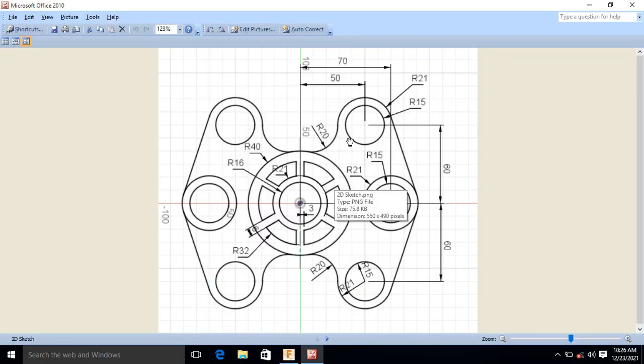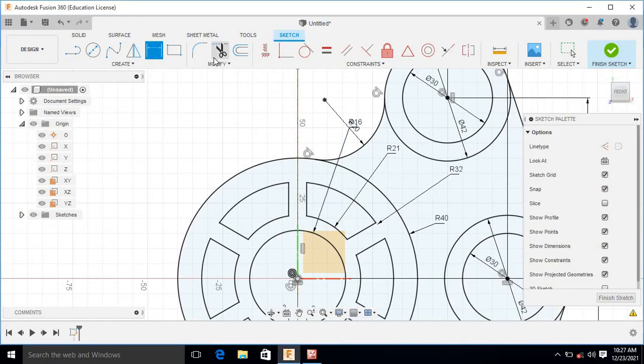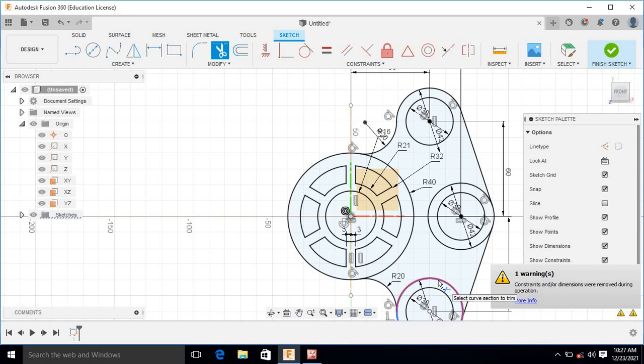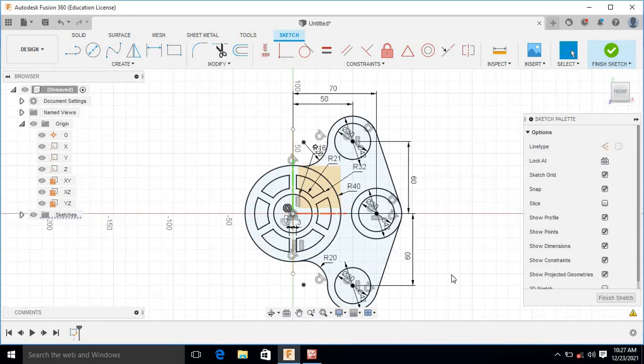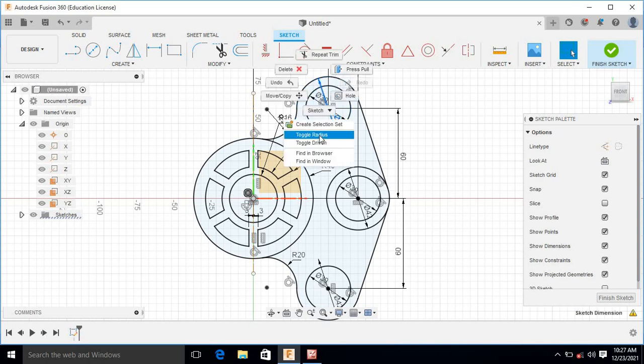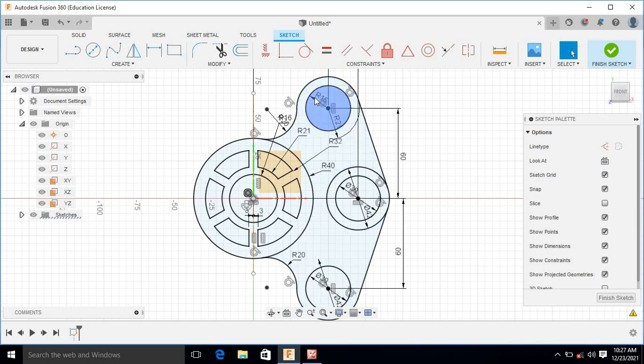Now we want to remove this portion of the outer circle here, so again we need to use the trim command. Use the trim command here and select this portion, so it will be removed. Similarly on this side. Now here it will be better if we give this dimension in the form of radius, so I will select this, right click and toggle as radius. Similarly for this also, we can click and drag to locate the position of that dimension.